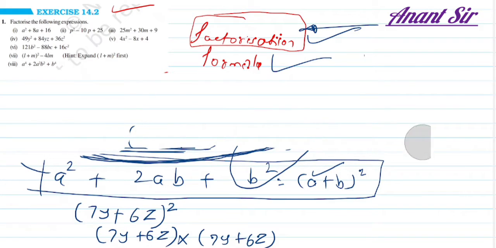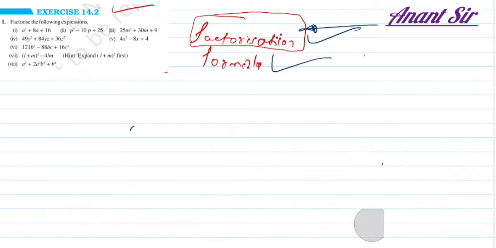So let's move on to solve the next question. We go to question number 4 now. So what is question number 4? I think we have solved question 4. I missed question 2. So we'll go to question 2 now. P square minus 10p plus 25. We solved question 1, then 3, then 4. I missed question 2, so we come to question 2 now. Okay, so is it similar?